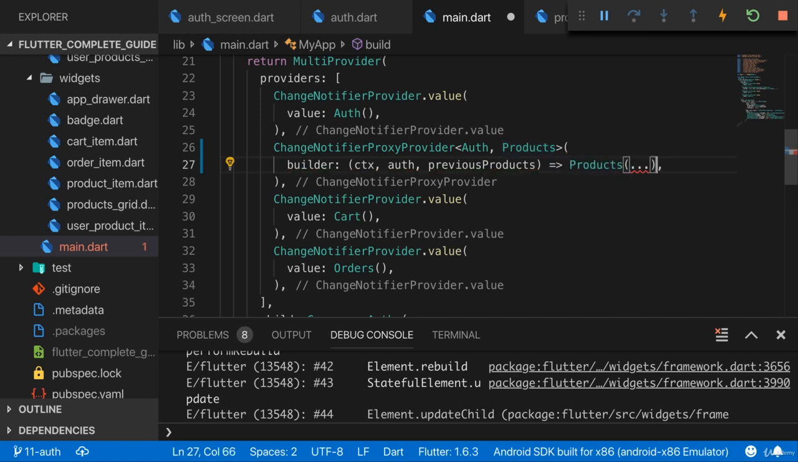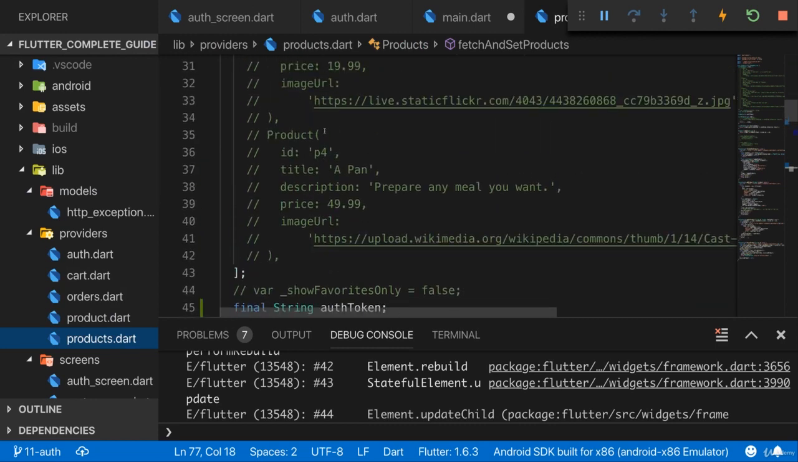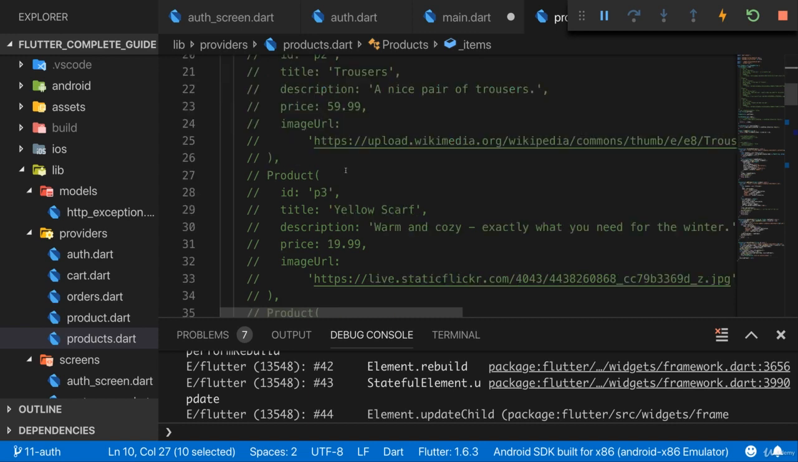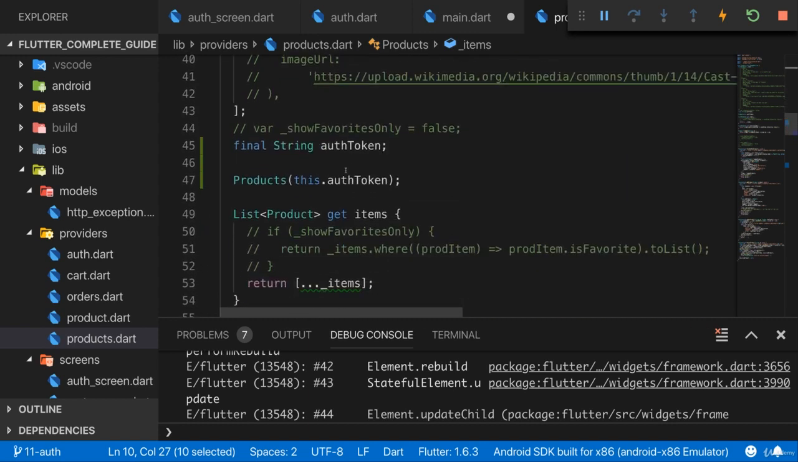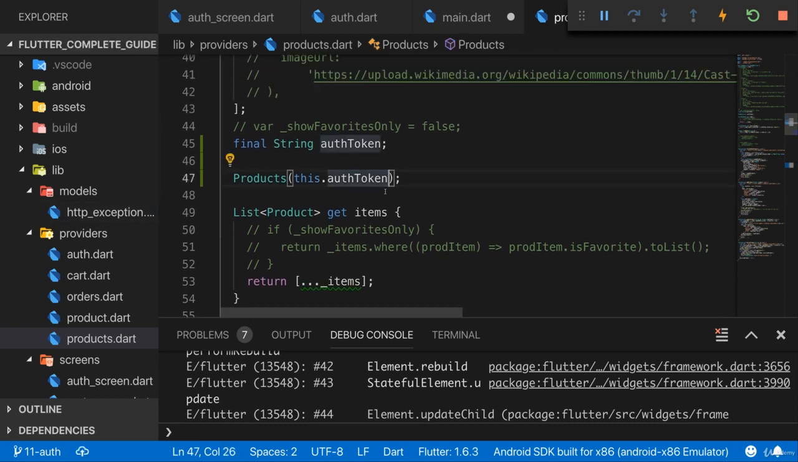So here we return a new object of type Products, and we pass in auth.token here. Now we have the token, but now we have to make sure that when this gets rebuilt and we create a new instance of Products, we of course don't lose all the data we had in there before. Because in Products, you must not forget that you had a list of your products. That was the key thing we were managing in there, the list of our items. Now, of course, it would be pretty bad if we would lose that list. So actually, what we want to do here is we want to make sure that we initialize this items as well